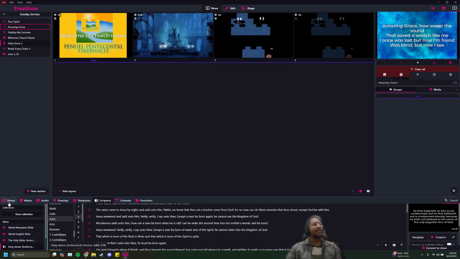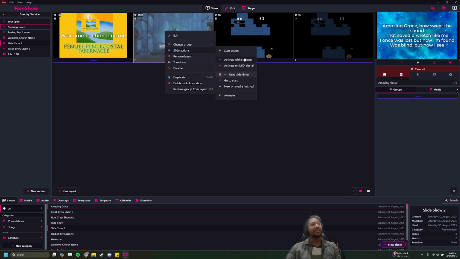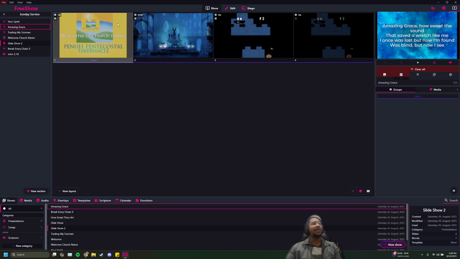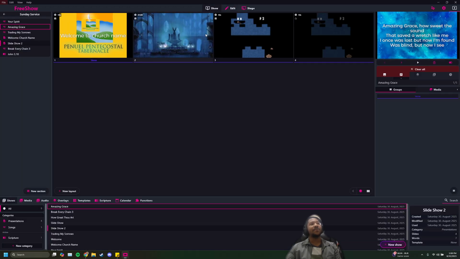Alternatively, again, we have our slideshows. You hit your slideshow timer. You can change the timer by hitting slideshow actions, right click. You can also edit the slides by hitting right click, edit, and it'll bring it to the same edit screen. It has a bunch of stuff you can do here. Also,